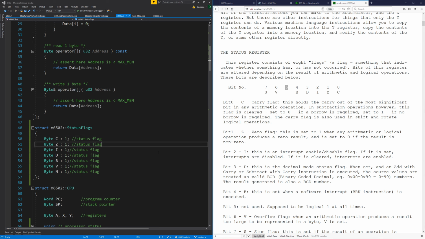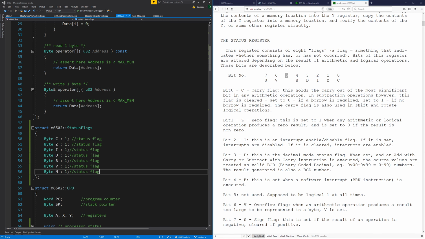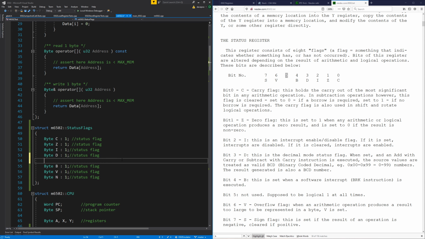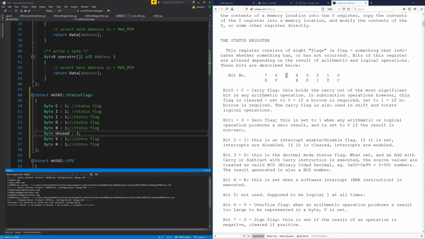So actually I do need to put these in a specific order. And in fact, it's the order I've got them there, is it? D, B, V, and they're calling that S, which is sign flag. I'm calling it N for negative. So I'm just missing the unused bit, which is after the B. There we go. So that's just for completeness, to make sure that these status flags actually match up with what